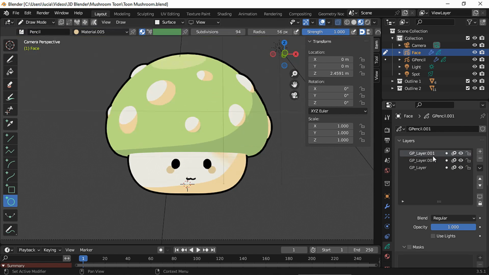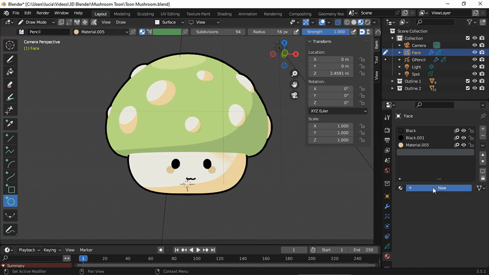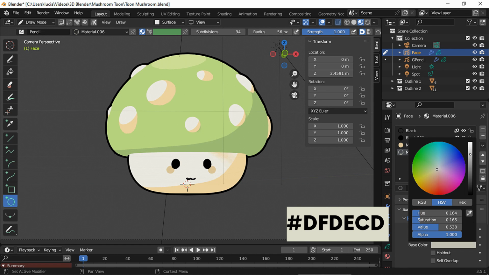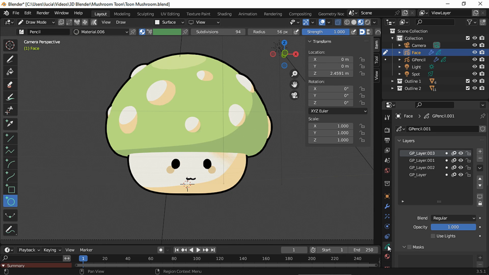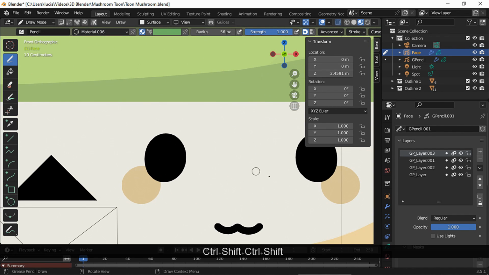And now make a new layer, place it on top and draw the eyes highlights using a white stroke material. Let's switch to the Draw tool, go to Front View and draw 2 dots.